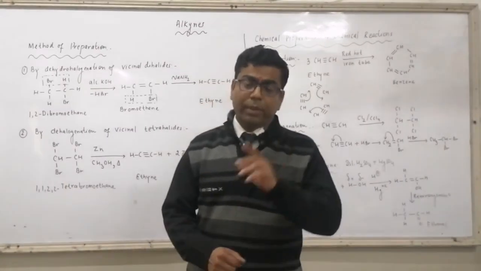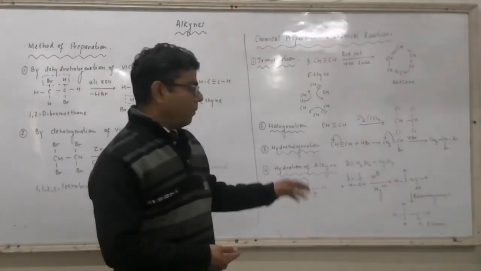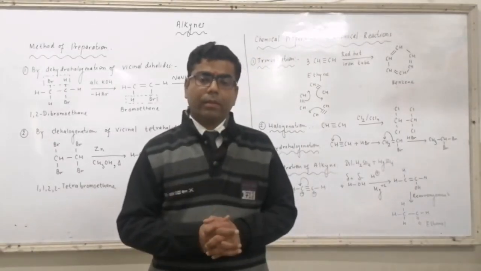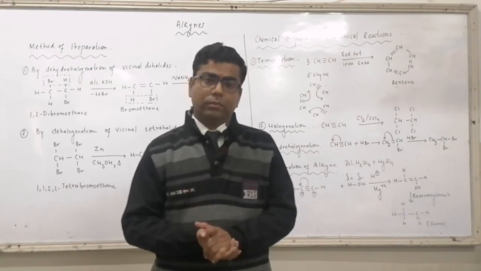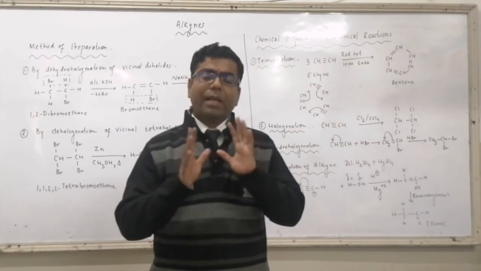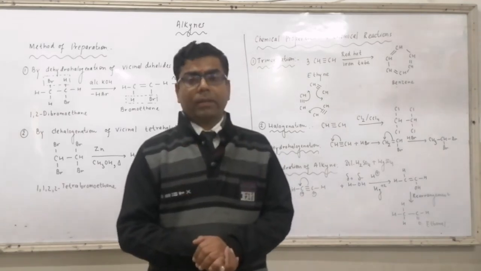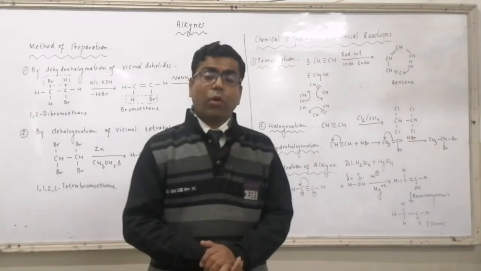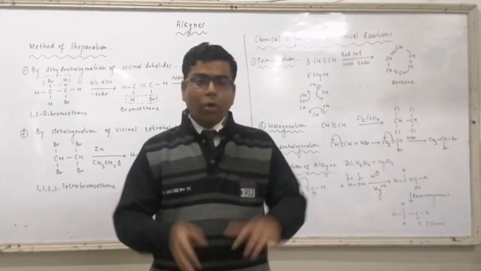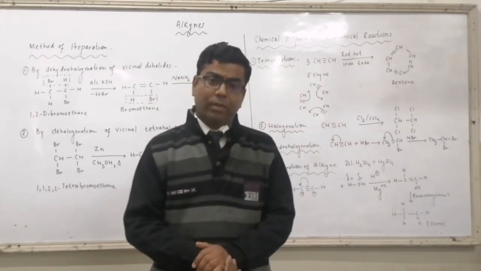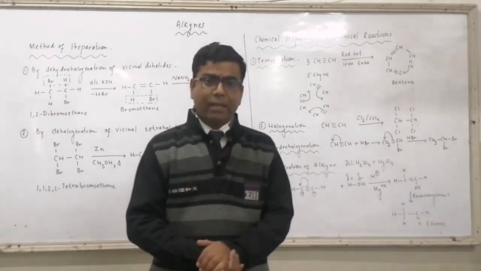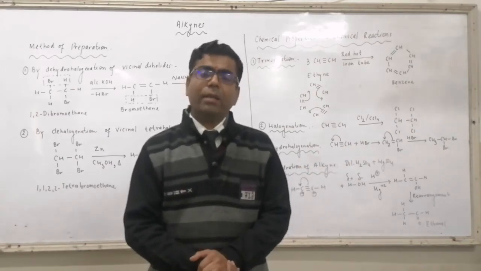So here we are having one limitation. If we use first member that is ethyne, then we get ethanal or the aldehyde. Rest all other alkyne will form ketone as the product. So by this reaction only one aldehyde can be prepared, that is your acetaldehyde, or we can say ethanal. No other aldehyde can be prepared by this method. So this is the important limitation of hydration of alkyne in presence of dilute H2SO4 and HgSO4.